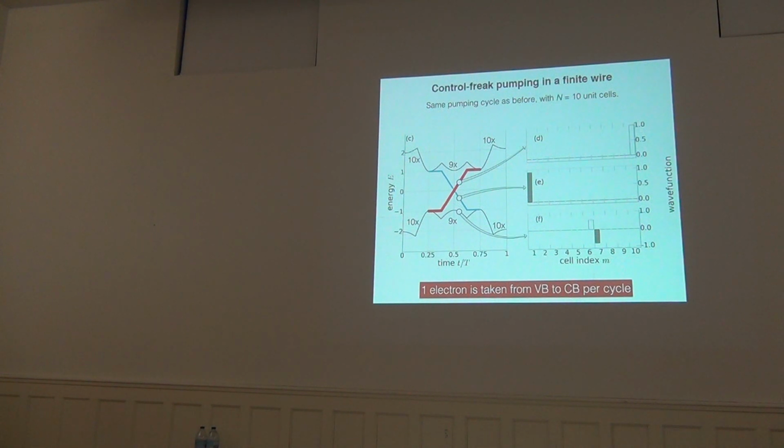Sorry. Yeah. If you continue. Mm-hmm. What happens then? In this simple model, what happens if you continue is